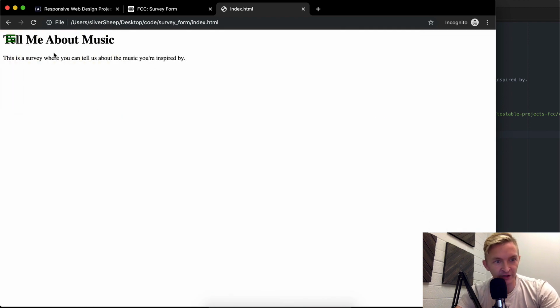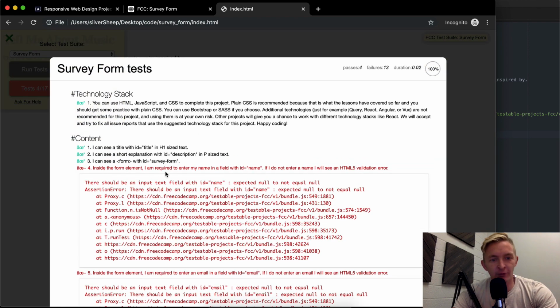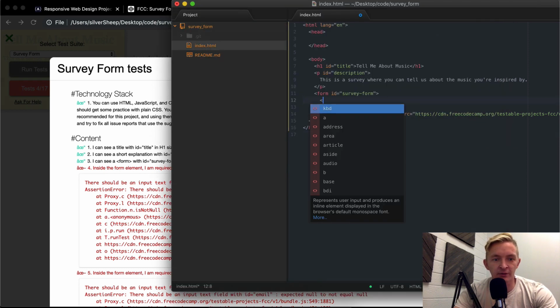And so we're just going to keep doing this. Our form, I actually can't see our form quite yet because it's behind the test results, but as we develop the form, it'll keep looking better and better. So, okay, the next thing we're going to do is inside the form element, I'm required to enter my name in a field with ID name. If I do not enter a name, I will see an HTML5 validation error. Cool. So the way that we do this is we want to do an input